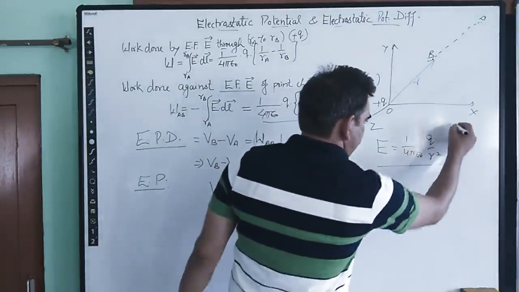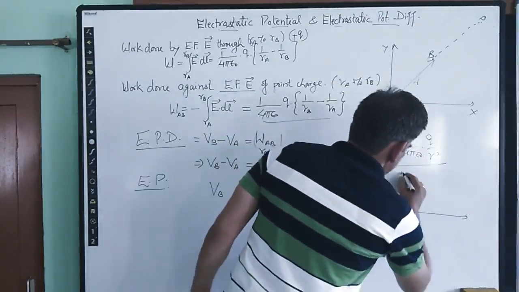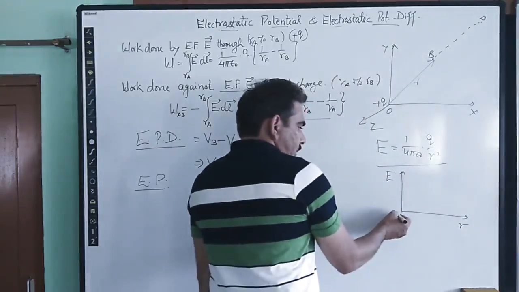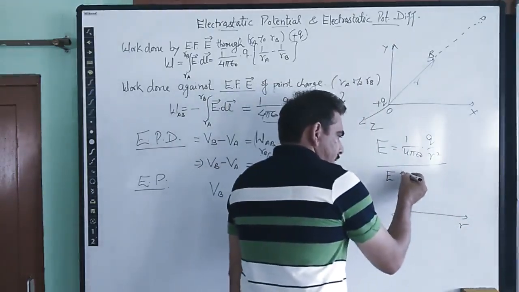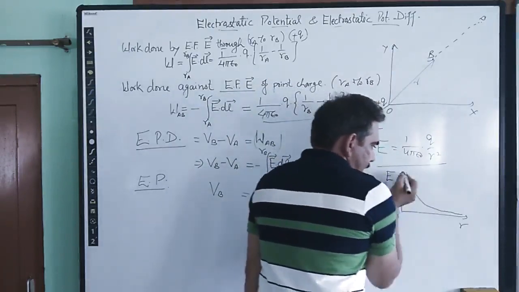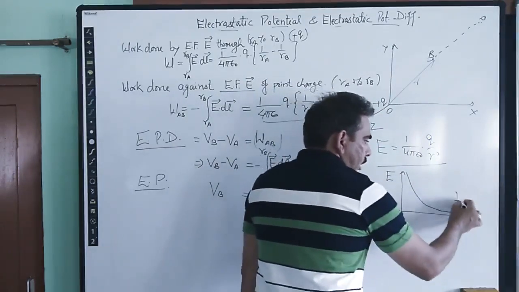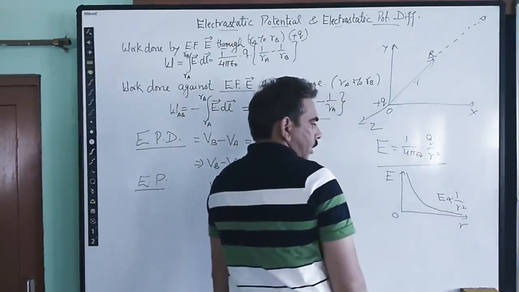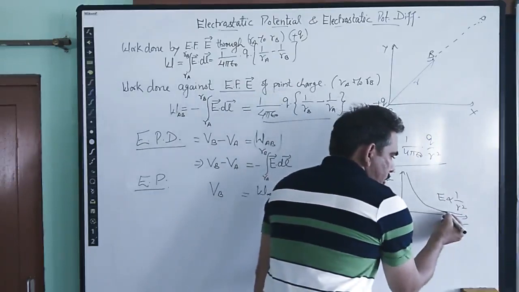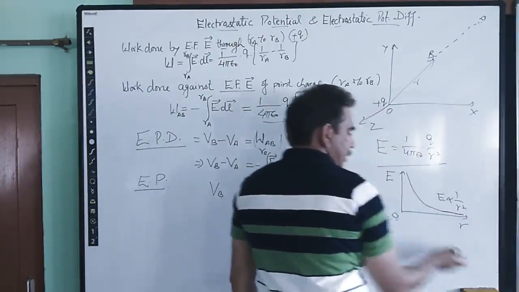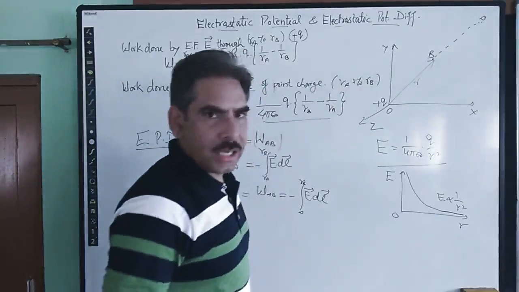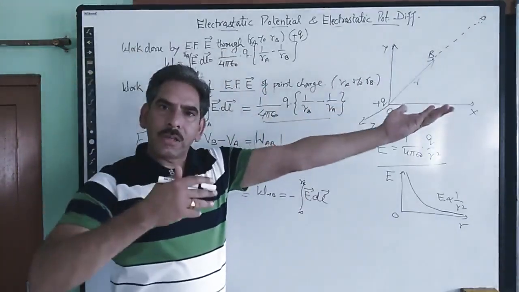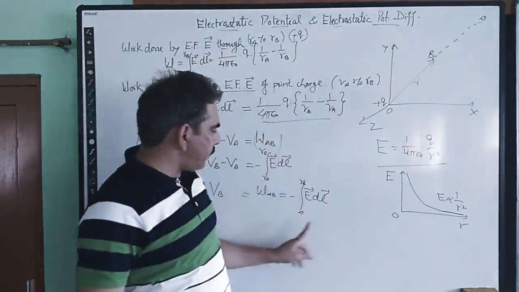So we also plotted the graph for this expression as this. This is the electric field and this is R. From here the graph is just like this. This graph goes on decreasing as 1 upon R square, because the electric field is proportional to 1 upon R square. So this becomes smaller and smaller, but it never touches the x-axis, or we can say the R-axis. So that simply means the electric field can be 0 only at a point of infinite distance. So that's why we are taking infinity.